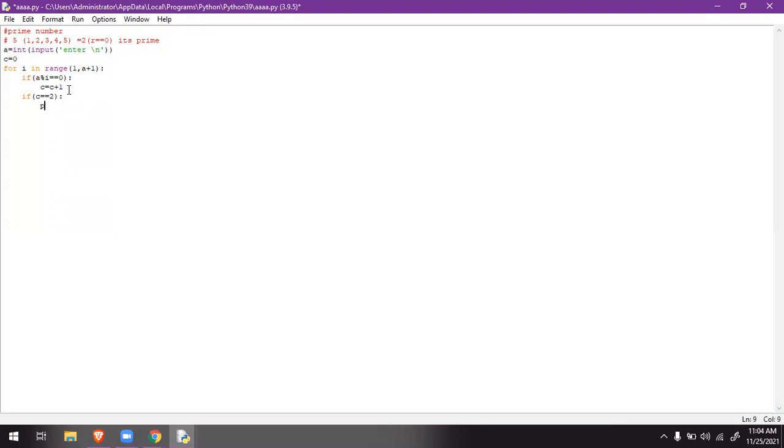Print prime. If not, what do I have to print? Composite.